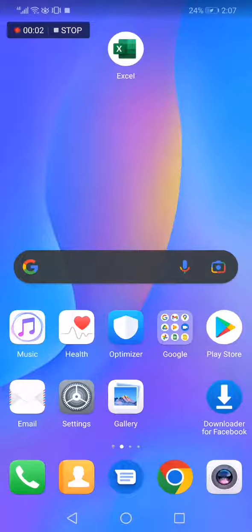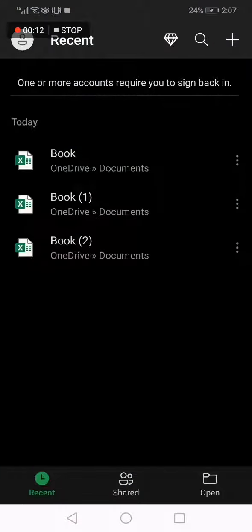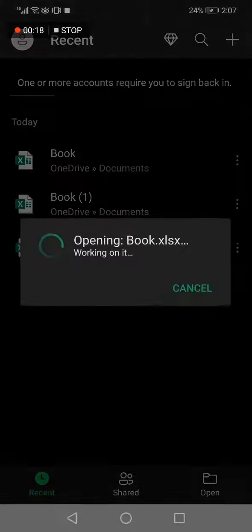How to share any Excel document as PDF to WhatsApp. Hello guys, in today's video I'm going to show you how to share any Microsoft Excel document as a PDF to WhatsApp directly. So all you have to do is go to Excel, choose the document that you want to